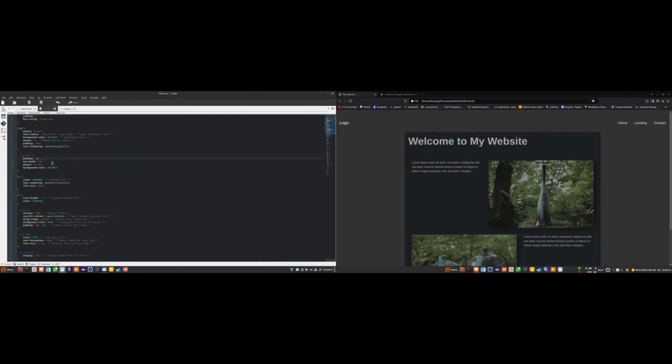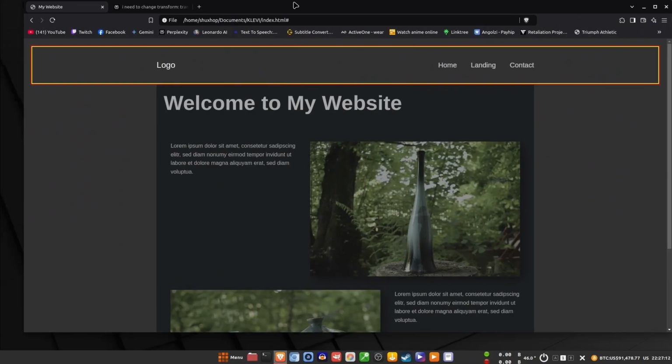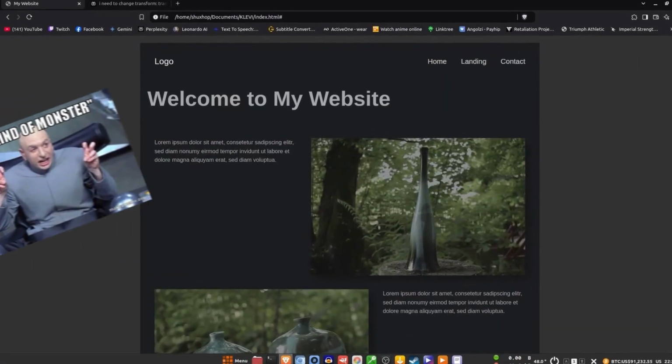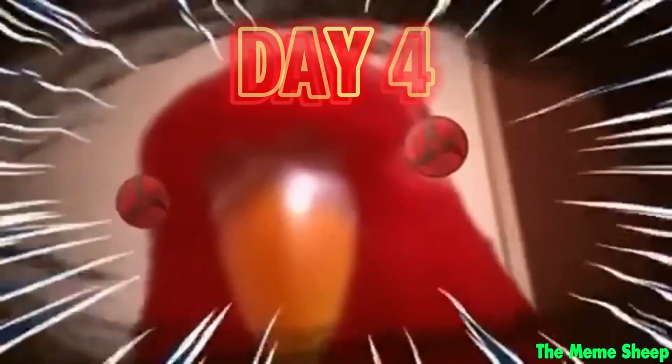I added some styling to the webpage, darkened the background. I created some color borders so I can see how the elements were reacting to the JavaScript code. The homepage was kind of looking somewhat good, but it was still